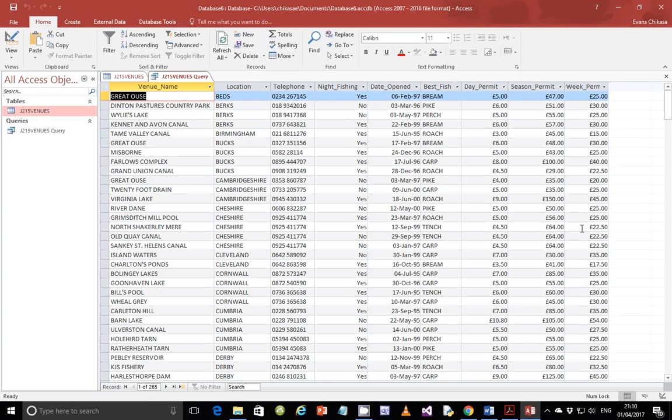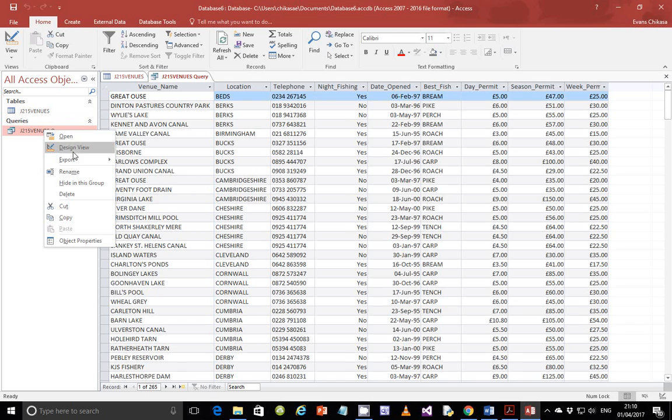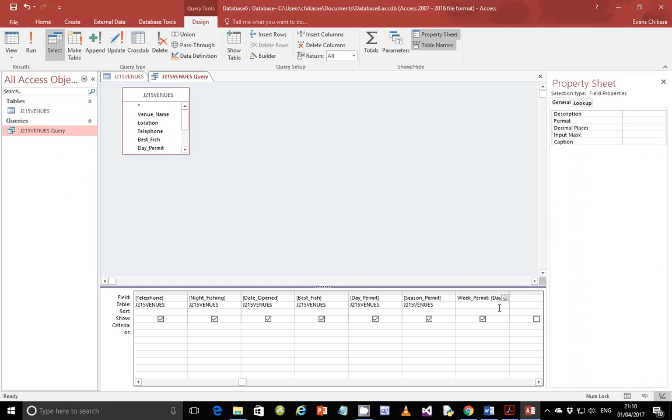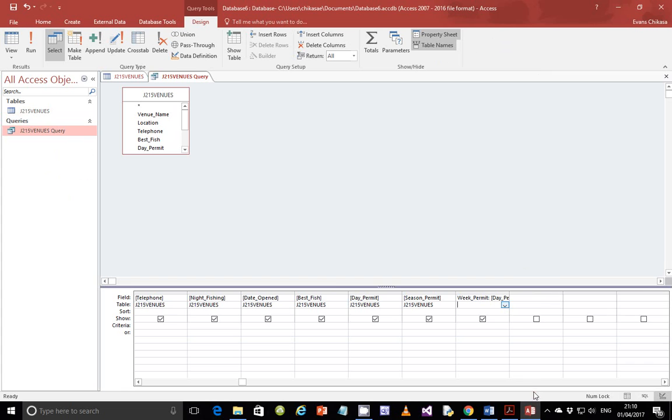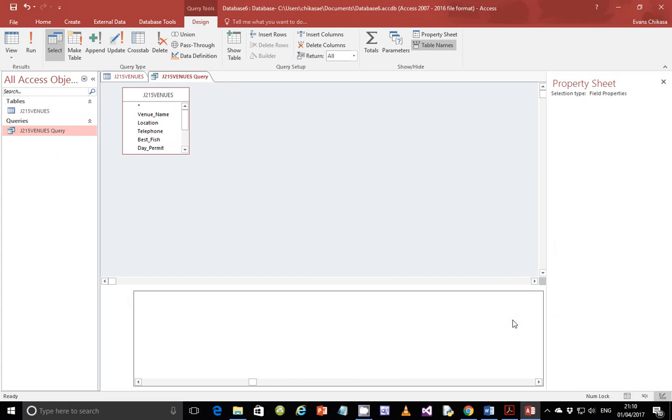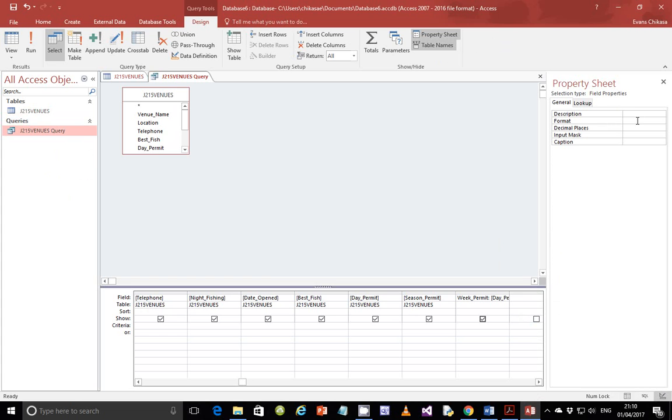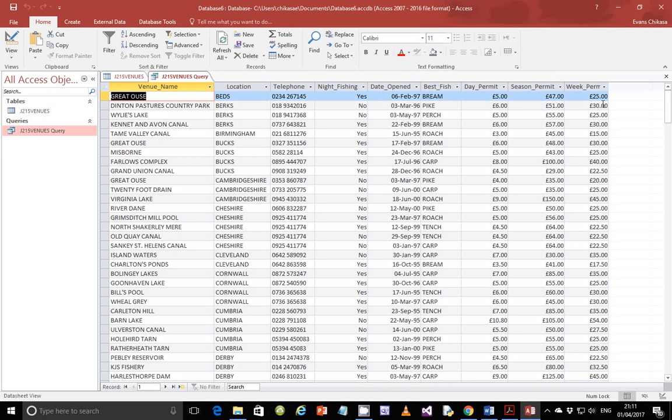But it doesn't hurt for you to go ahead and come to design view and select this field. Just right click on it and go to property. My property sheet came up there, and go to format and select currency and select the decimal places as 2. It's important that you go ahead and do this without depending on the fact that it's already done as 2 decimal places. So run it and you should see it's perfectly fine. Next we are going to